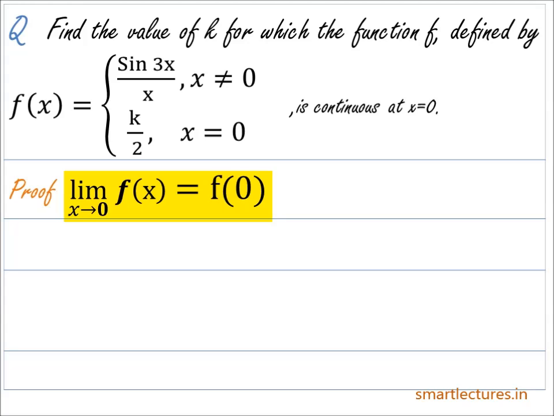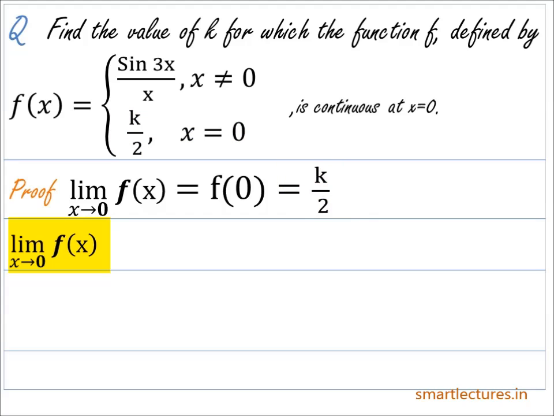And here what's the value of f of 0? Now as per the definition of the given function, f of 0 is equal to half k. And now let's calculate its limit at x equal to 0. Now limit x approaches 0 f of x, or the limit x approaches 0 sine 3x upon x is equal to,